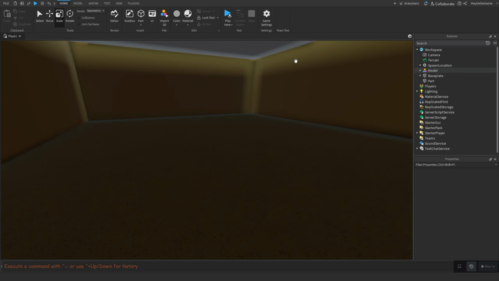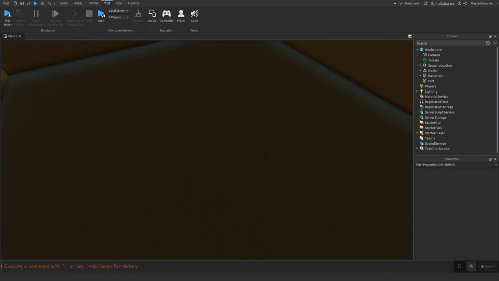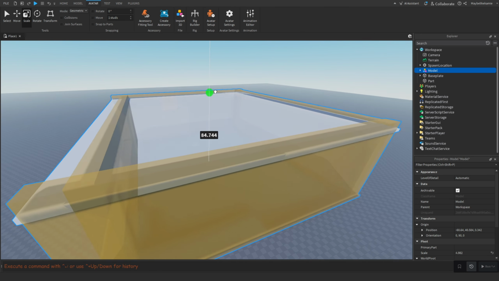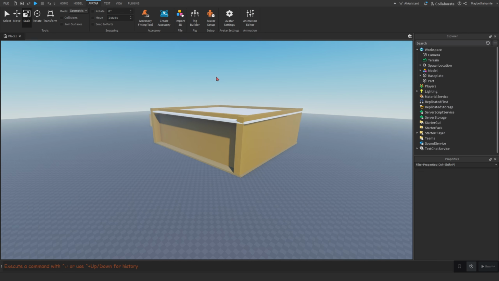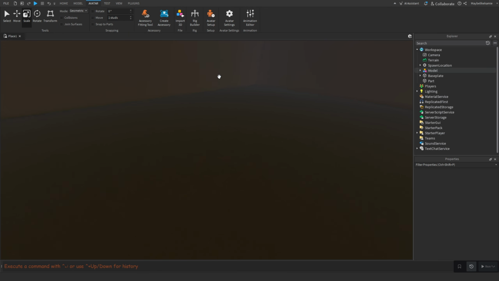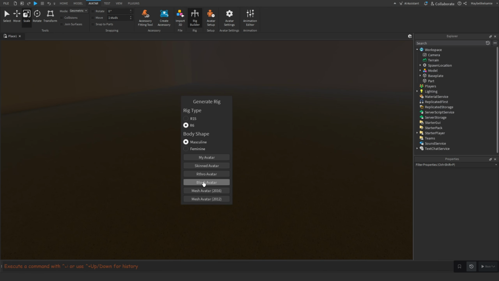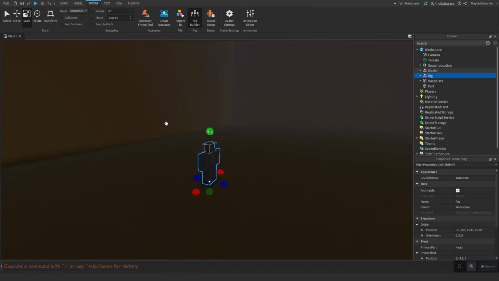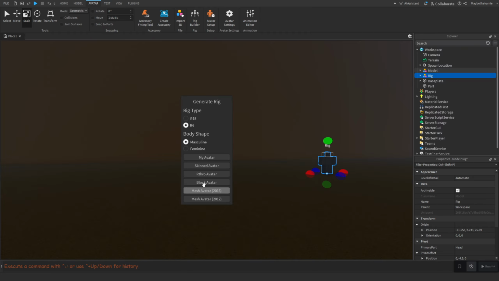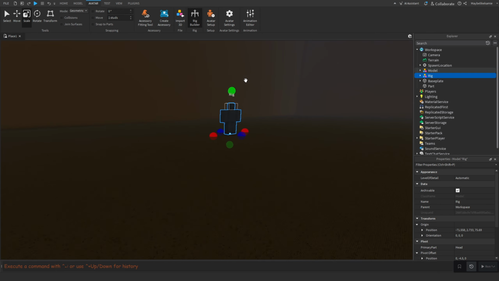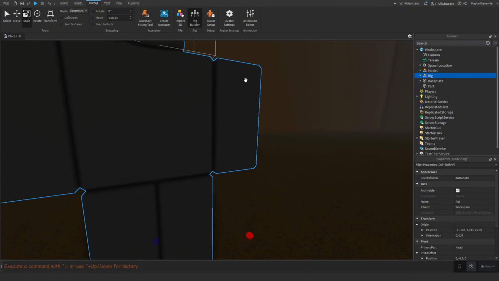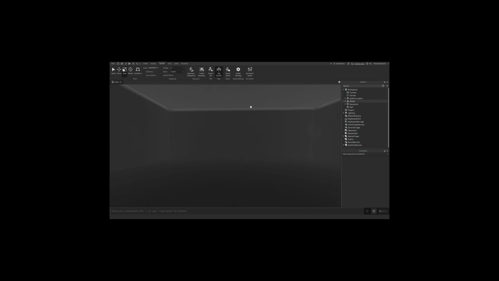this might look perfect in Studio, but let's say, because I didn't make it like this, you might have made it like this. It looks perfectly fine in Studio, but it's way big. So you want to build with a rig. So if you don't know how to do that, go to Avatar, and then go to Rig Builder, and then click this or that. I use R6. That's what most of our games will be using. It's just easier and it looks better than R15. Not gonna lie. Anyways,